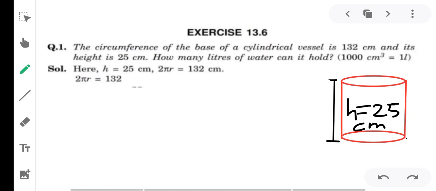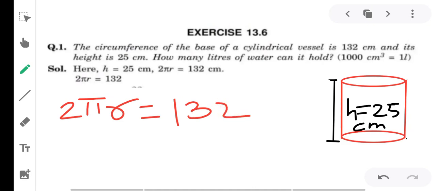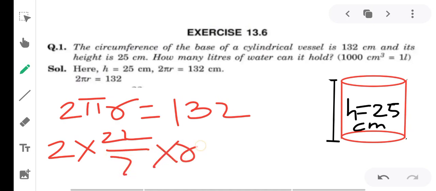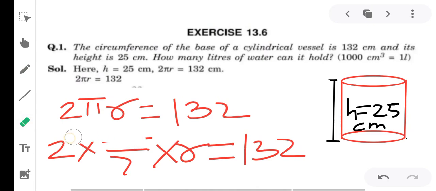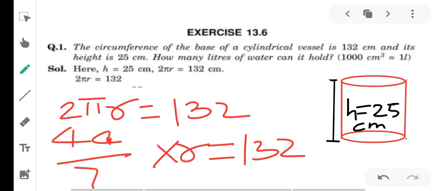So we can write the formula 2 pi r, right? You know what pi is: pi is 22 upon 7. So we can write 2 into 22 upon 7 multiplied by r, because we do not have the radius right now. Now we have to multiply these values. If we multiply 22 and 2, we will get 44/7. So here I directly write 44/7, that is the multiplication of pi and the 2. The multiplication of these two values will be 44/7.